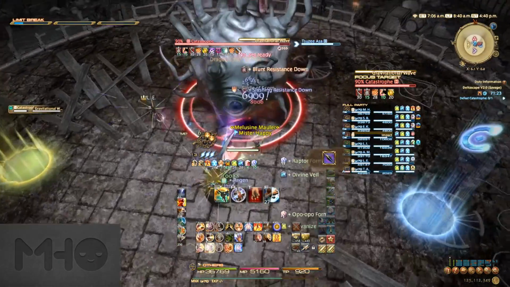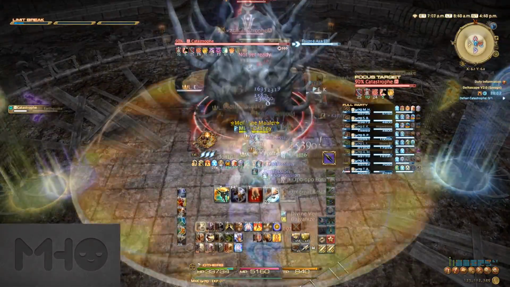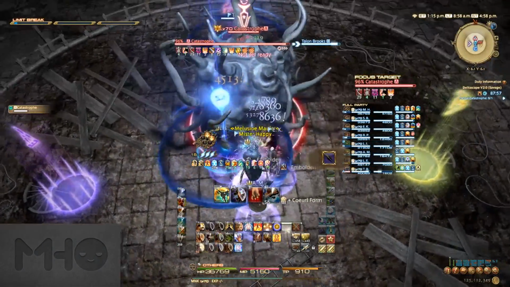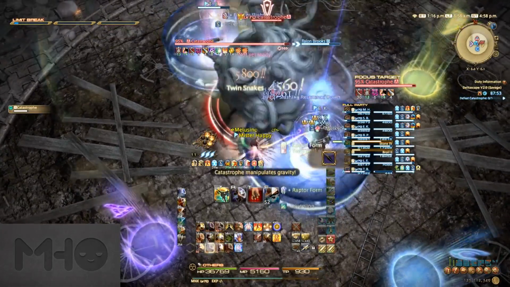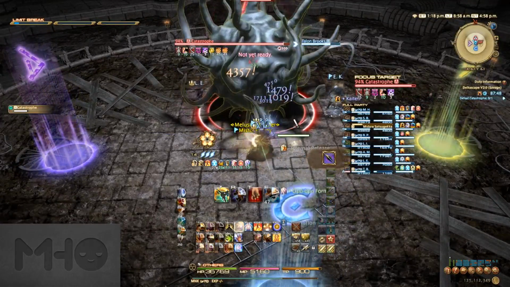Gravitational Wave can be especially threatening since it usually occurs around the same time as other AoEs. Speaking of tanks, I prefer to keep the boss positioned close to the middle of the room whenever a mechanic is finished, so move him there and face him away from the group once you're sure it's safe to. Just don't place him right on the middle, as it can make seeing the safe spot for anti-lights a bit